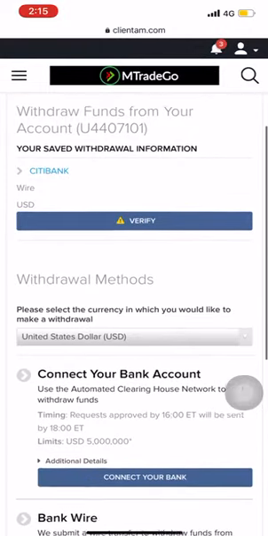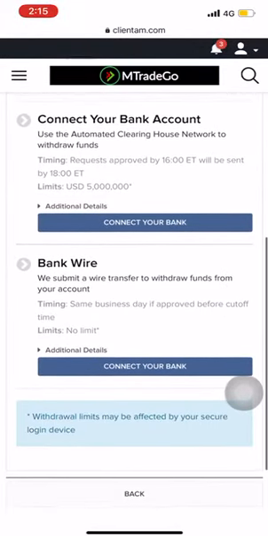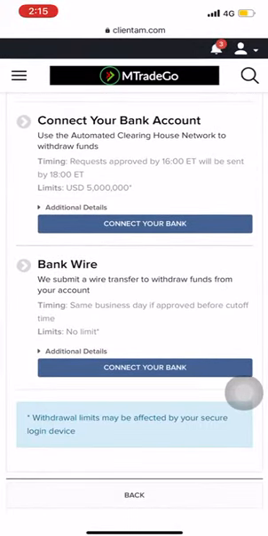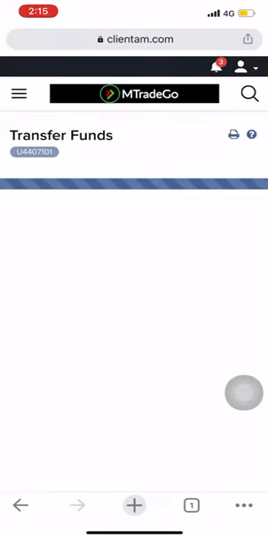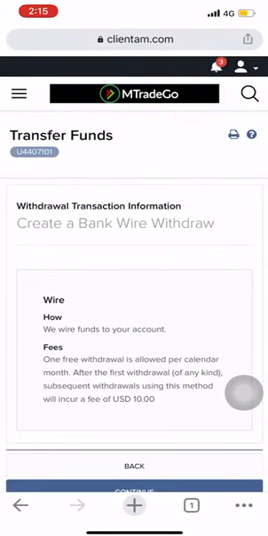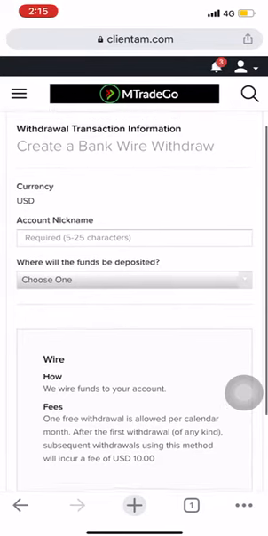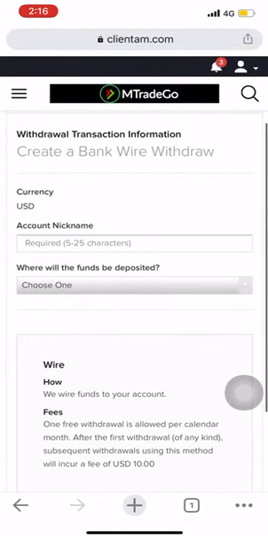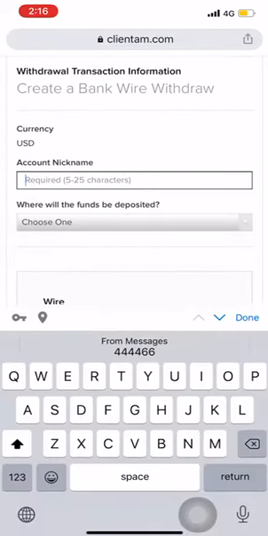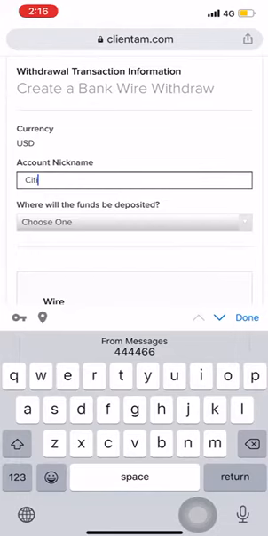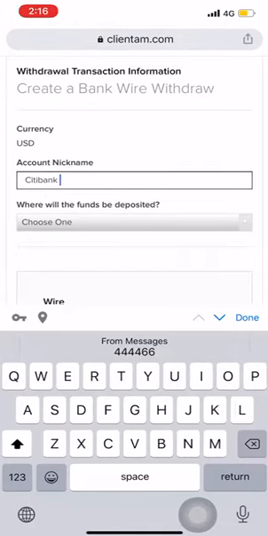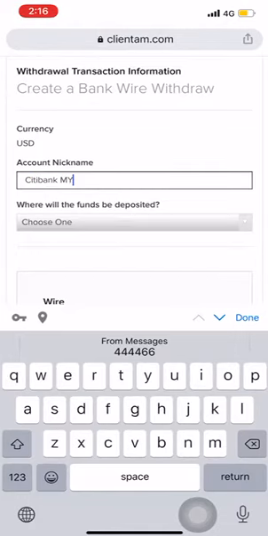Okay, so choose bank wire. Alright, okay, and create a bank wire withdrawal sample. Okay, you can put Citi Bank Malaysia. Okay,